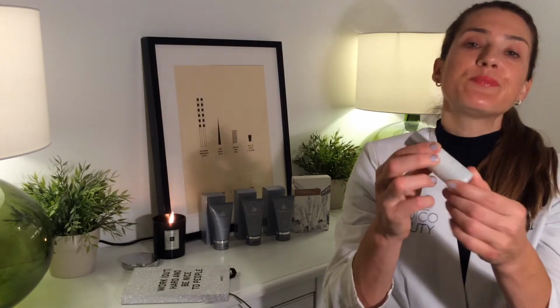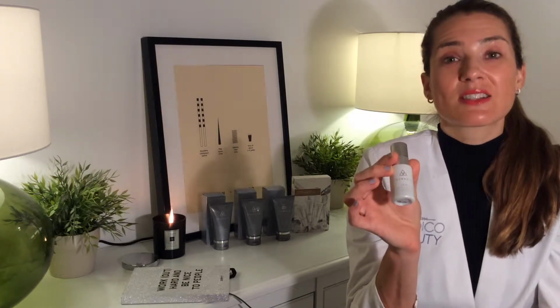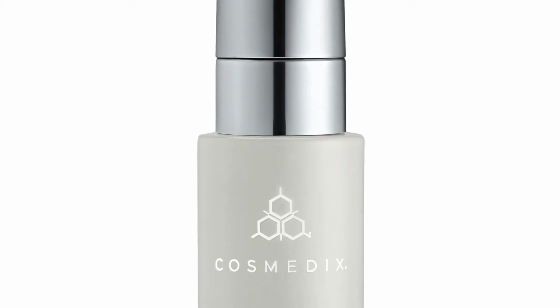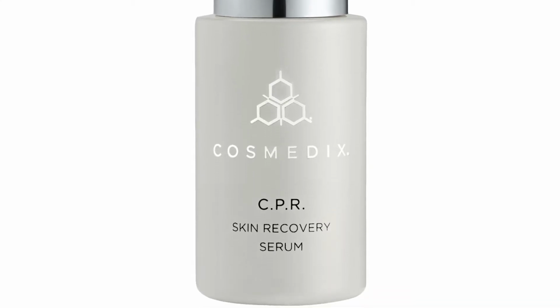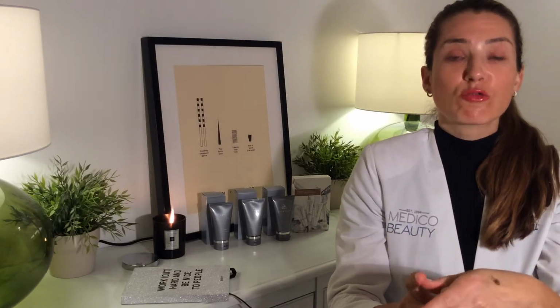at CPR serum, this actually has a whole host of anti-inflammatories and antioxidants in it. It's a cocktail of actives plus the antibacterial benefits of a lovely plant called tatarol, which is actually a tree, sorry, not a plant. And when you actually use this, you don't need very much. It has rosehip in it, which is what gives it a really lovely natural smell, and it absorbs very quickly into the skin. I would recommend using it at least twice a day if you're someone that does have flushing,